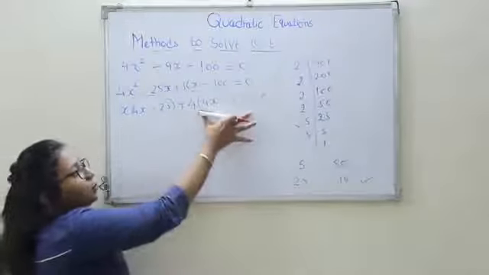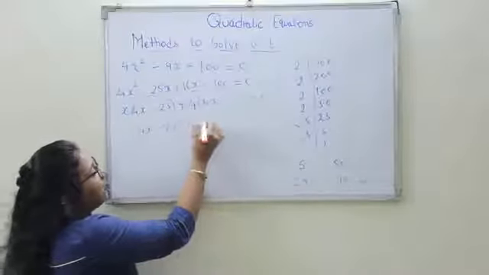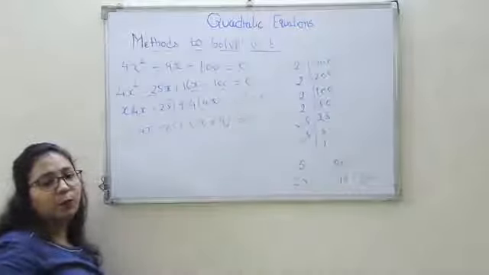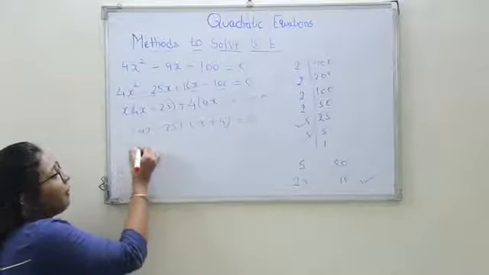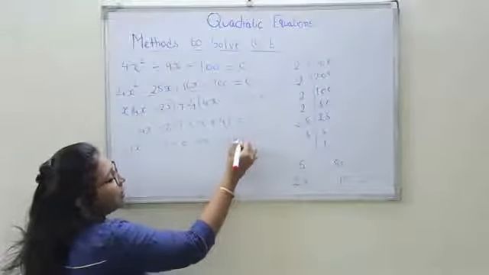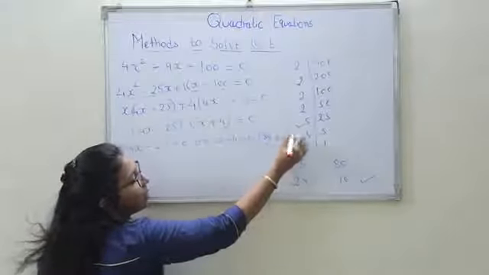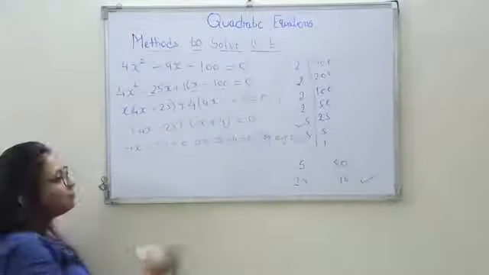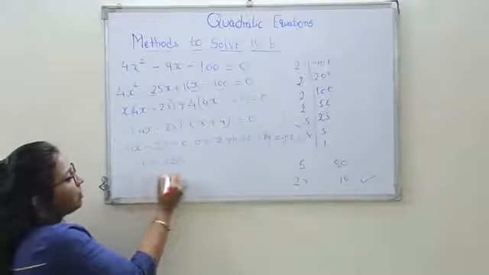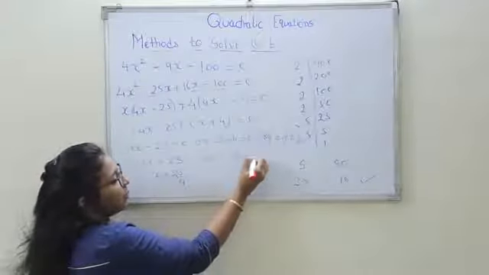Again, out of these two terms, I can see 4x minus 25 is common and then x plus 4 is equal to 0. And now we will apply the zero product law. That means we will compare both the terms to 0 and you will always write here that you have applied the zero product law. You have to always mention that. So now we will further solve it as 4x is equal to 25. So x is equal to 25 upon 4, or on this side x is equal to minus 4.